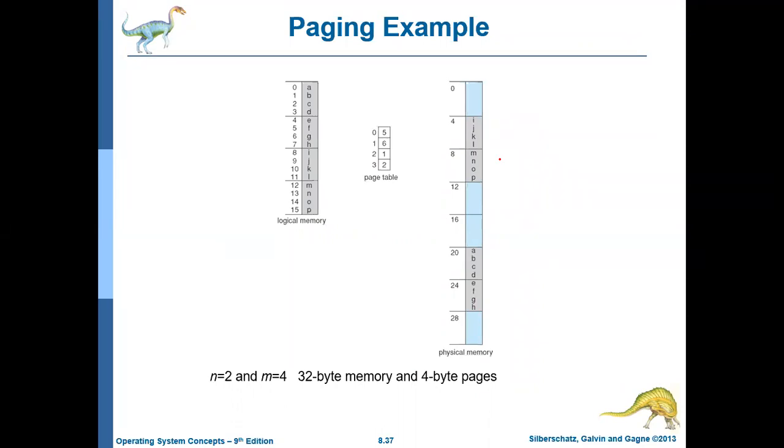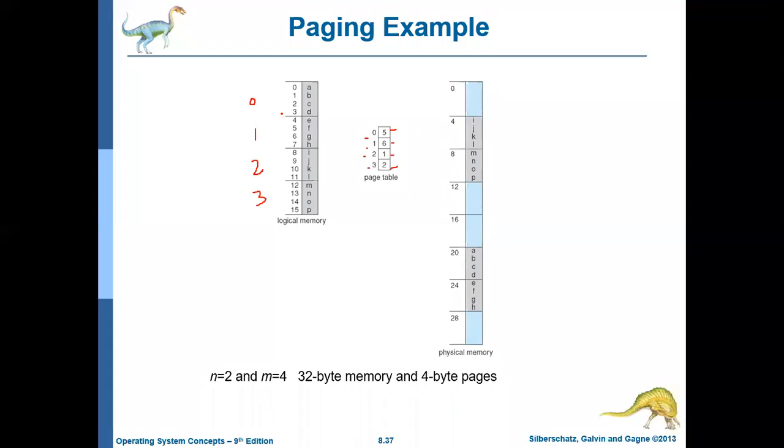Again, about the offset values I was talking about: if we have four different pages, page 0, page 1, page 2 and page 3, then the offset values are there again. Four offsets are there in every page, and these offsets have values A, B, C, D, E, F, G, H, I, J, K, L, M, N, O, P. Similarly, a page table is there for corresponding page to frame. 0 is going to 5, 1 is going to 6, 2 is going to 1 and 3 is going to 2.